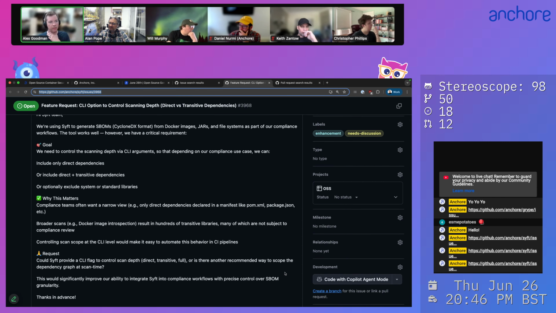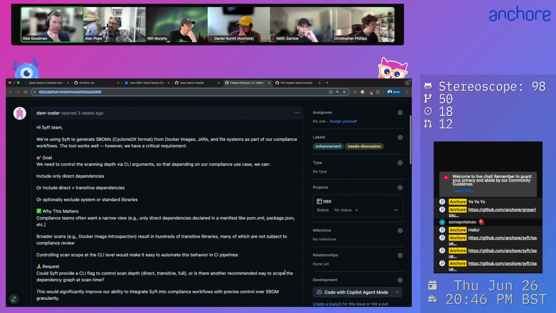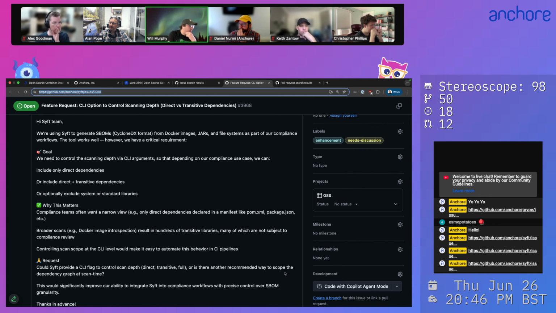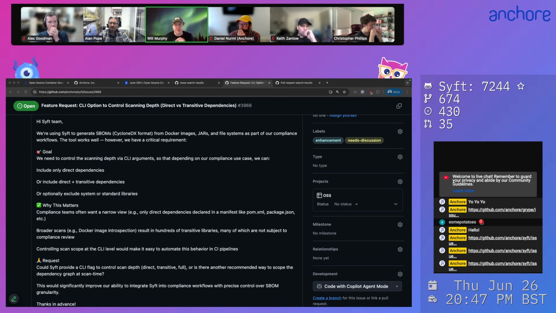And it's less about specifying a specific depth. They're saying direct versus transitive is really what they're saying. Like, I want these two potential SBOMs. They say they want direct dependencies only for a specific compliance view, which is interesting because